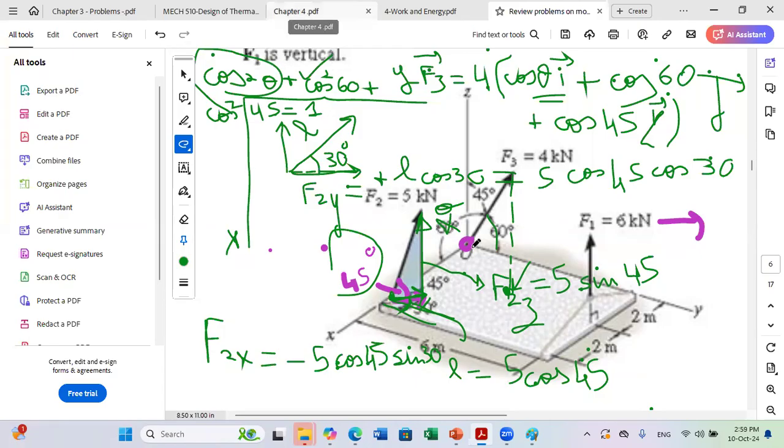So we look at the figure. If they tell us from the figure, if they do the projection point here, this means that the x component is positive. So I should select